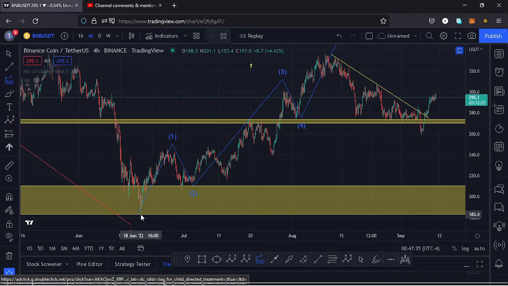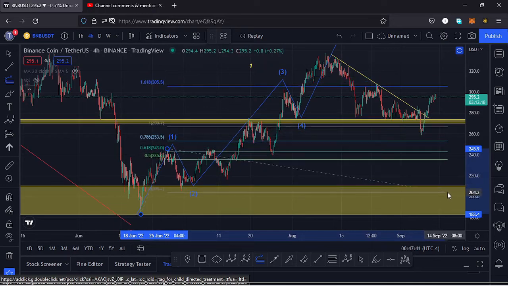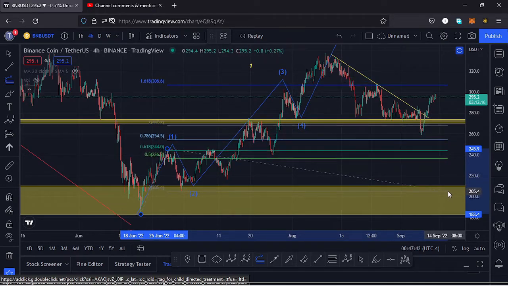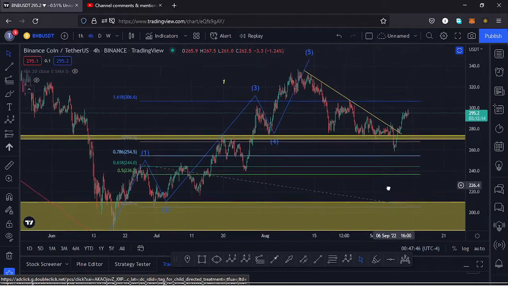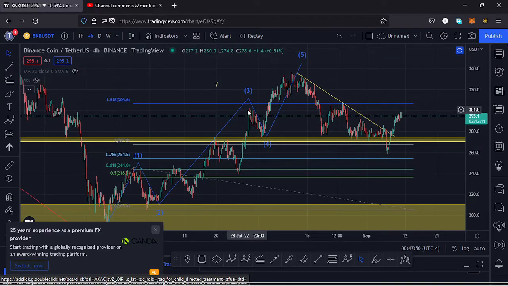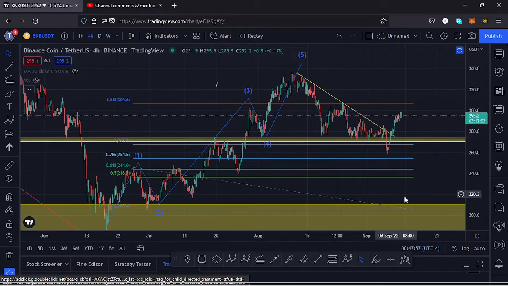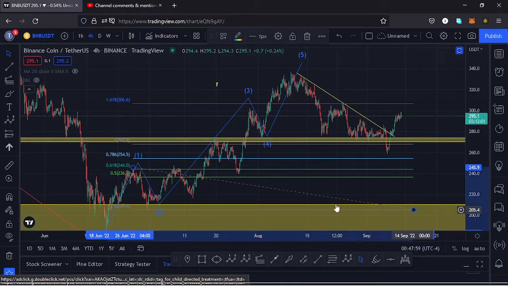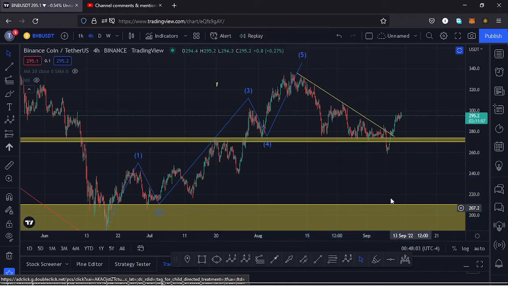And I just need to connect the trend based Fibonacci from the low of the wave 1 to the high of the wave 1, then dragging the fibs to the low of the wave 2, and that gives me the minimum target area for that third wave to the upside at around the fib level 1.618, and that is at around the $306.6 mark. And you can see BNB respected that. We came up into that target area, then we saw a very nice retracement over here in the formation of a fourth wave,